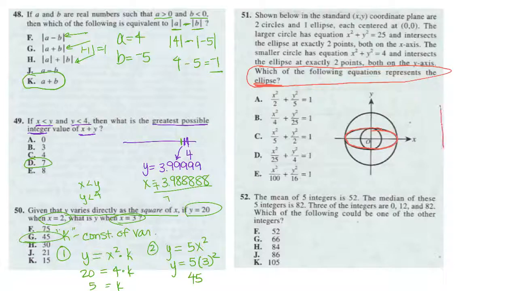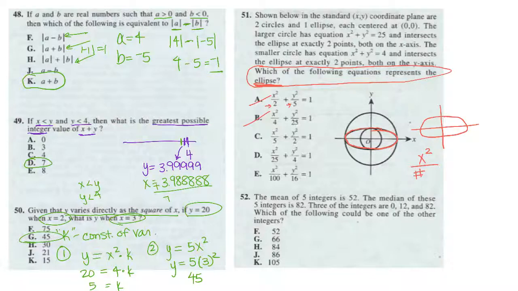Since the ellipse is turned on its side, that means the denominator under x squared is bigger than the one under y squared. So just skim through and compare. Well, this 2 here is certainly not bigger than 5, so it can't be A, can't be B. It might be C, it might be D, and it might be E. Notice that we very quickly went through and eliminated 2 choices,